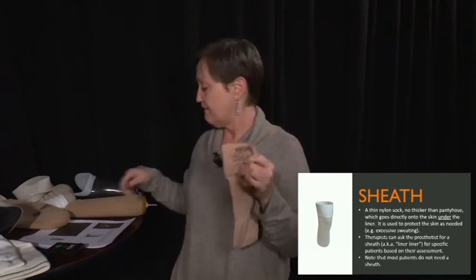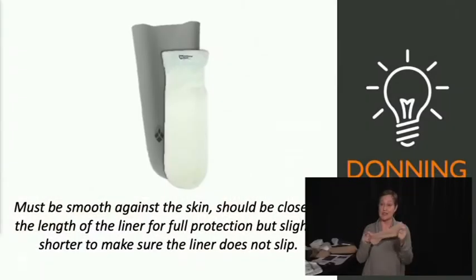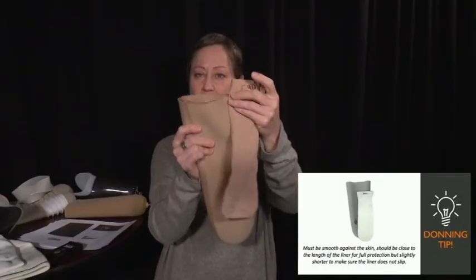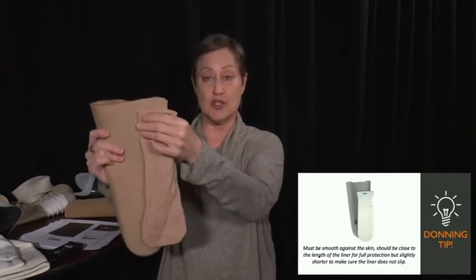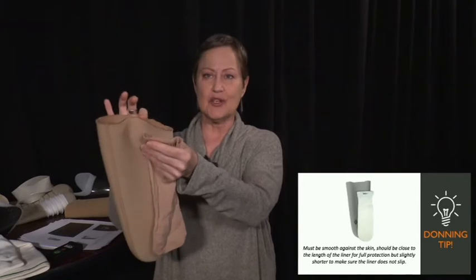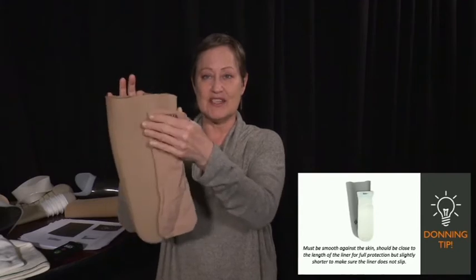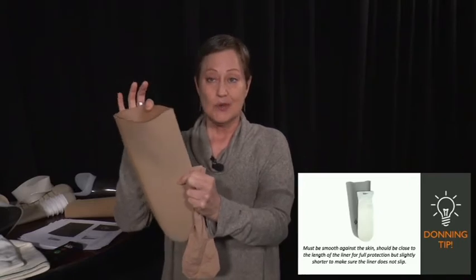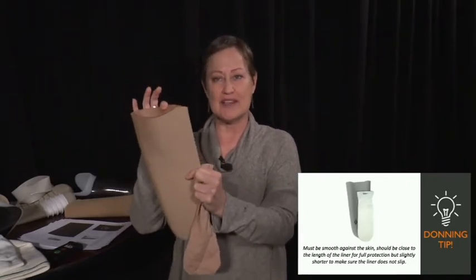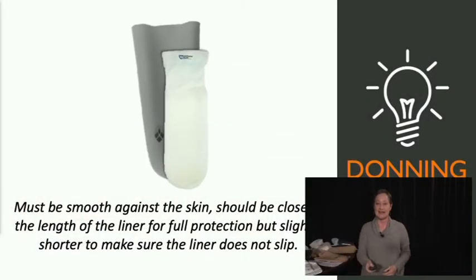The tip that I have for these for donning is, as the slide says, you want it to be smooth against your skin. The other sneaky trick is that you don't want it to come above the top of the liner. You want it to be a little bit below, maybe an inch below the liner. The liner needs to have good purchase on the skin. So if they're not too irritated by doing that, then have it just be a little shorter. And the prosthetist will cut the liner at the appropriate length, which is, you've got a little bit more give for the transtib patients than you do for the transfem patients. So that's what a sheath is.